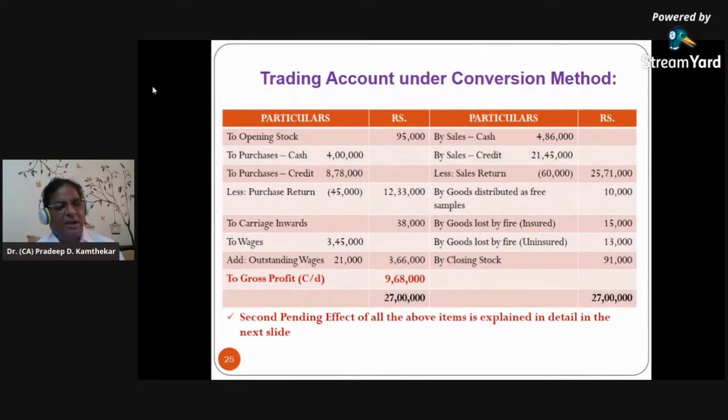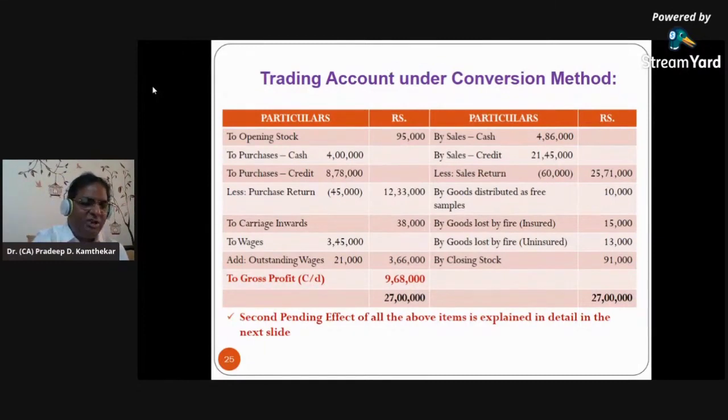Now below that we have credit purchases. Now credit purchases means what? Here we have made purchases from our suppliers, and for that payment is not yet made. We will make payment say after a week's time or fortnight or a month, and after that the supplier will get the payment. But till then the second effect is to be given. So obviously the second effect is to be given to the supplier's account, and the supplier's account we call creditors account. So the second effect of credit purchases goes on the credit side of the sundry creditors account. So when we have the sundry creditors account, you will come to see this on the credit side also.